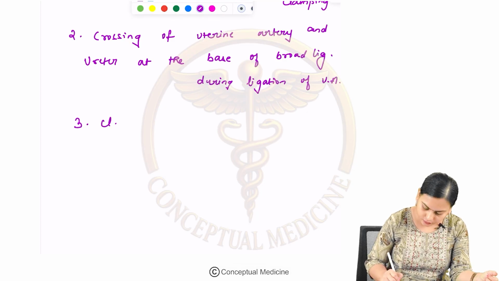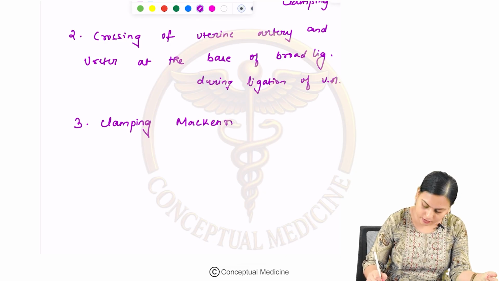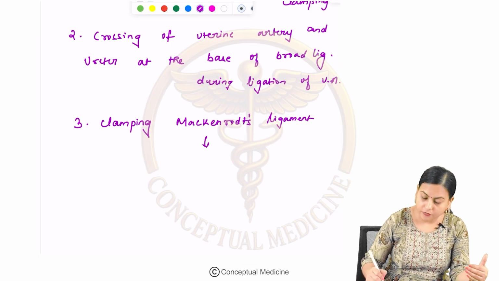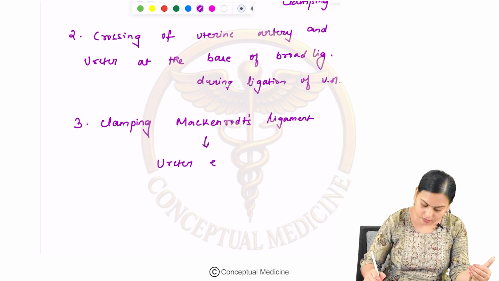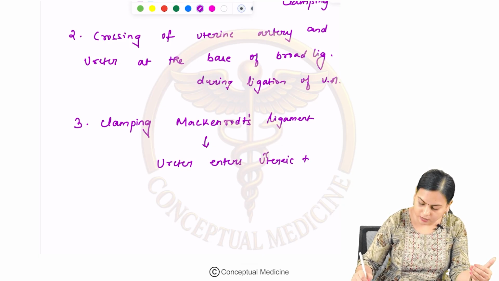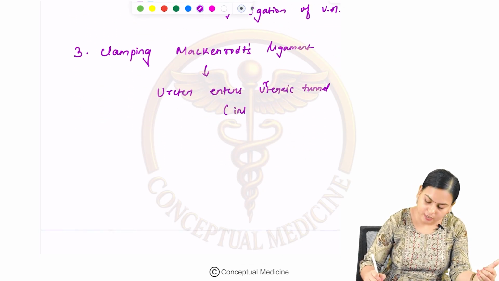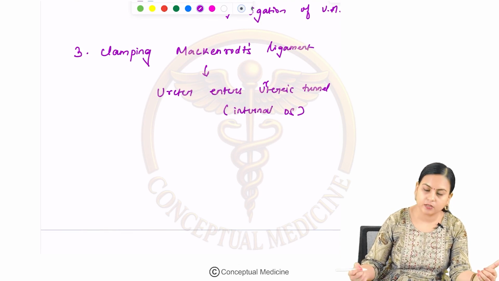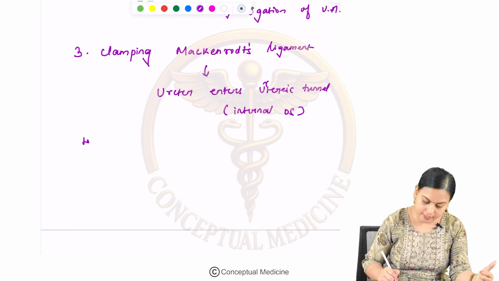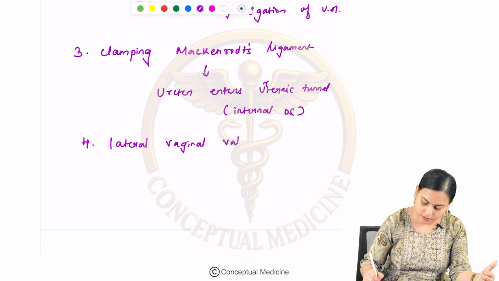And then you should be careful while clamping McEnroe ligament as well, where the ureter enters the ureteric tunnel at the level of, yes, internal os. Clear? And next one is, you should be careful while clamping the lateral vaginal vault,